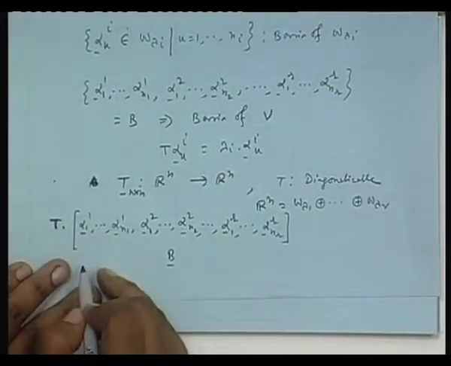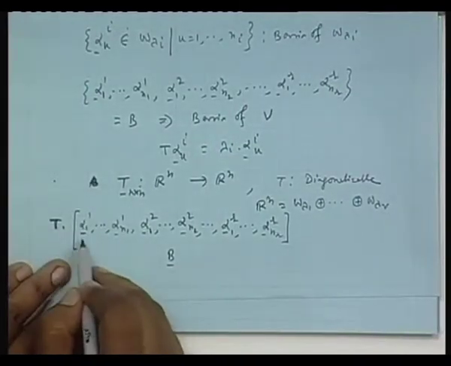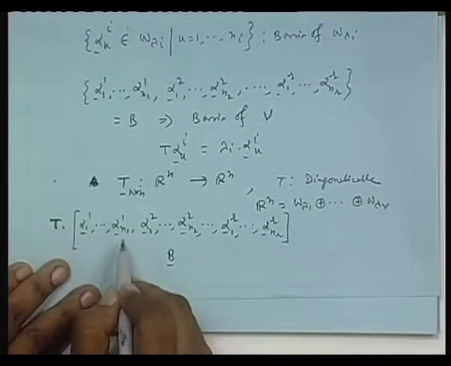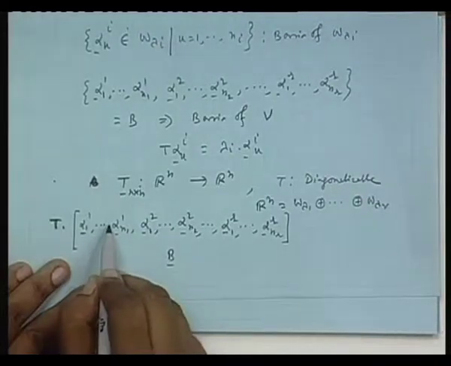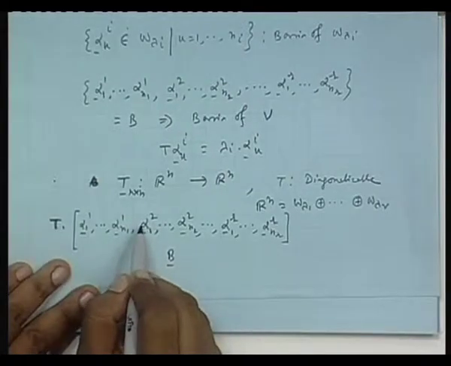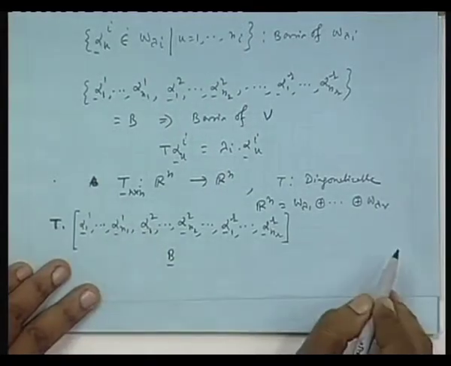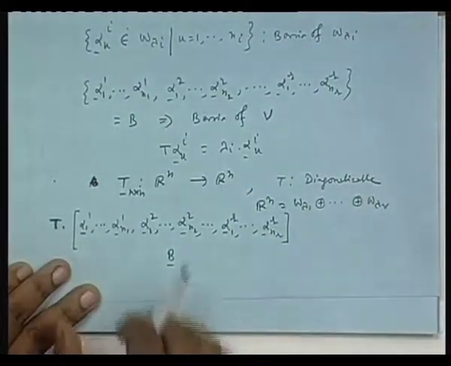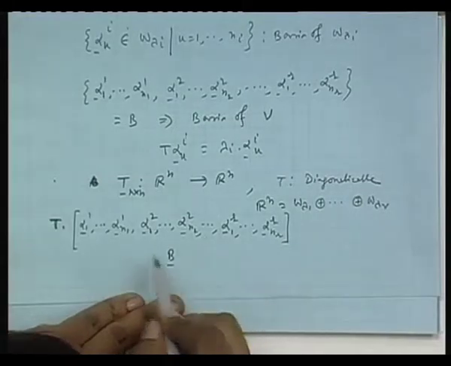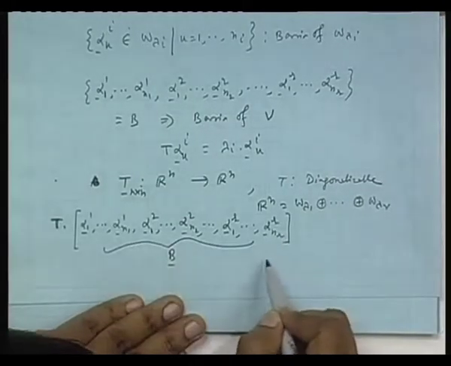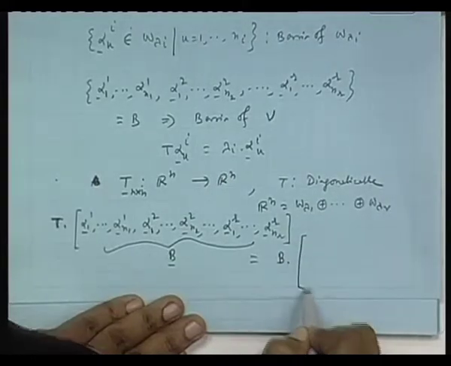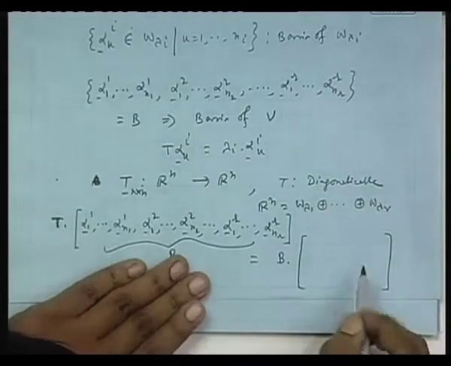Then T working on this column vector, since it is an eigenvector, will be nothing but this eigenvector itself multiplied by lambda 1. T working on alpha 1 n1 will be alpha 1 n1 multiplied by the same eigenvalue lambda 1. T working on alpha 2 1 will be alpha 2 1 multiplied by the eigenvalue lambda 2, and so on and so forth. So, the resulting thing also will be a matrix of those column vectors. And you can easily check that if you call this B, this will be B times a diagonal matrix D,